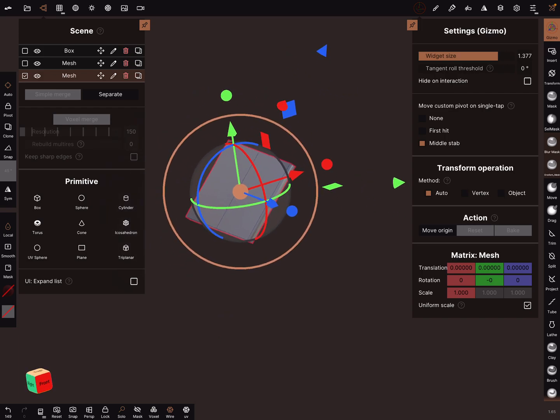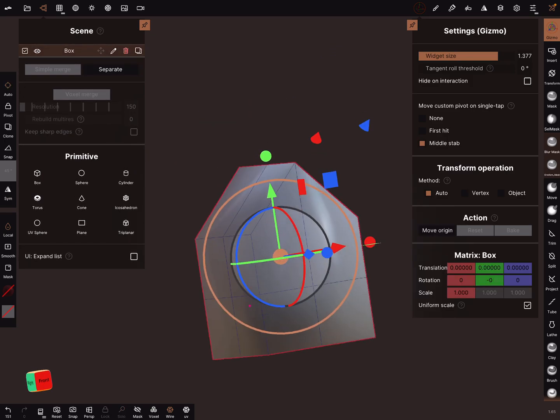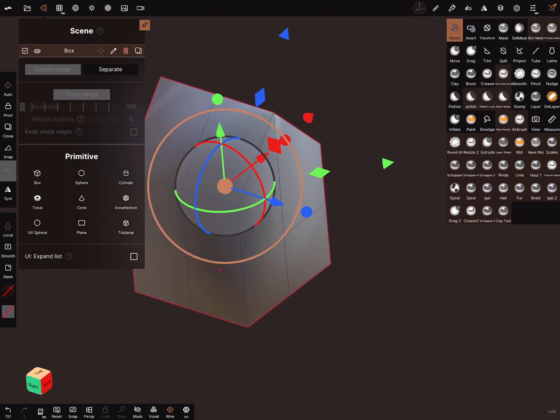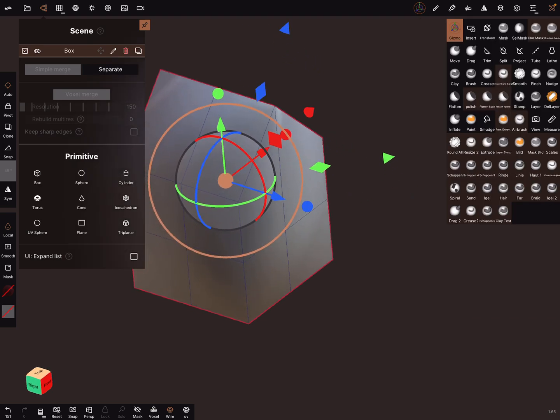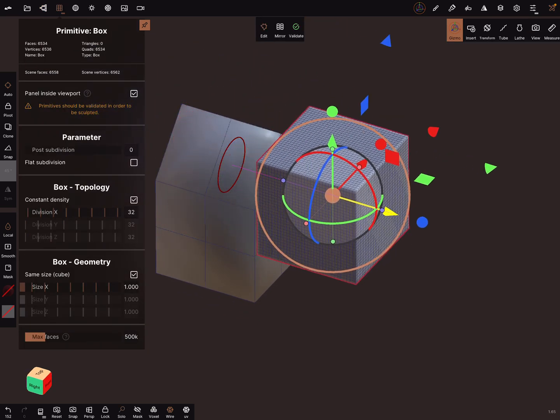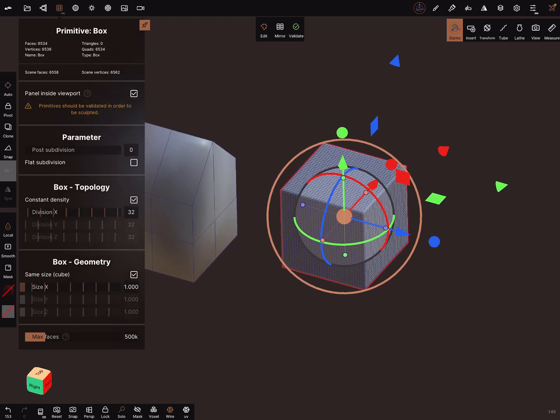Okay, how do this quicker? We need an object, a box, and bring this box outside in a good position and reduce the division to nothing.